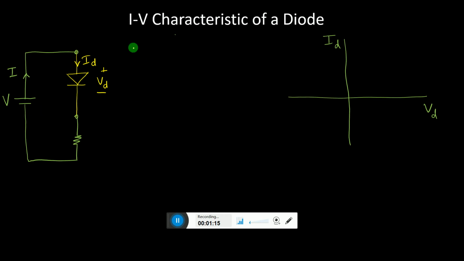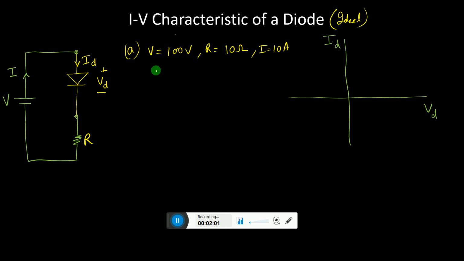Now let us take case A. When we have the voltage V given as, say, 100 volt, and let us say this is R, a resistance, with R equal to, let us say, 10 ohm. So obviously the current will be 10 ampere if a diode is there and if it is ideal. Otherwise, let us take this as ideal. So the current flowing through is 10 ampere.